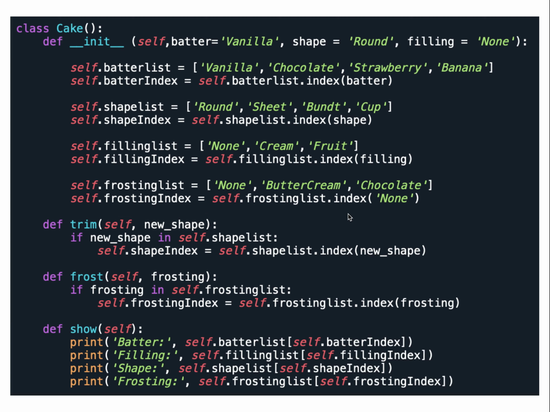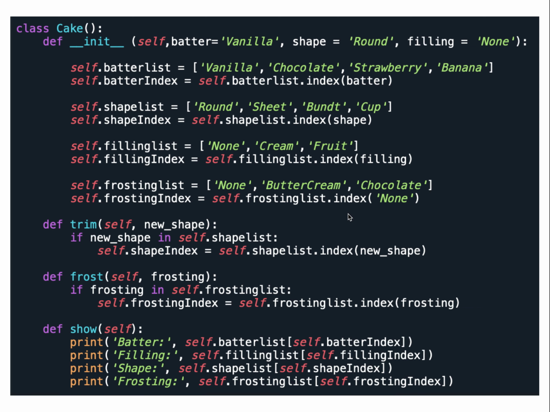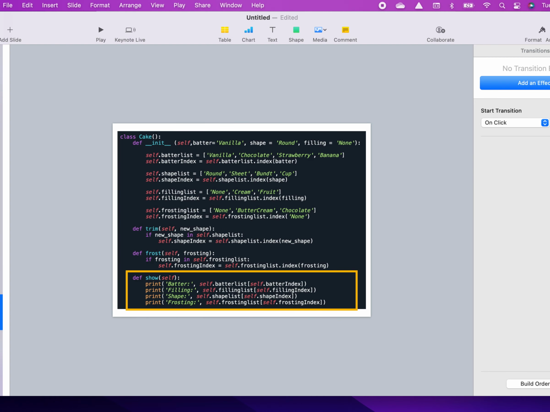in decorating them. This is the entirety of the code. If you would like to screenshot it or read it carefully, I wanted to present this in the keynote presentation because it is easier to see than in Spyder. I added a little bit of code here at the bottom just so we can look at the state of the cake, visualize the state of the cake easily. So let's go to Spyder and see what this looks like